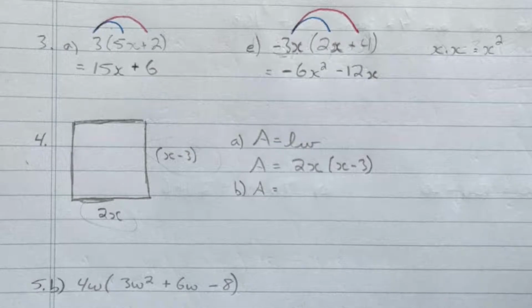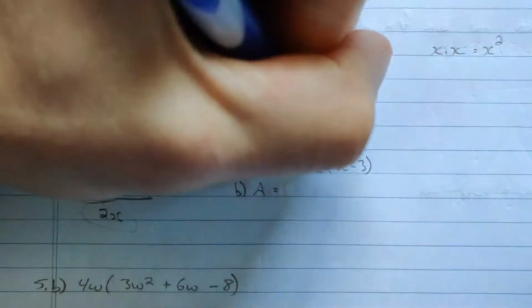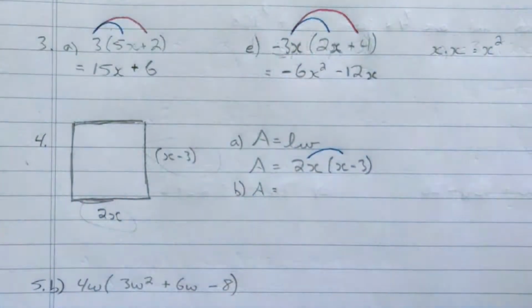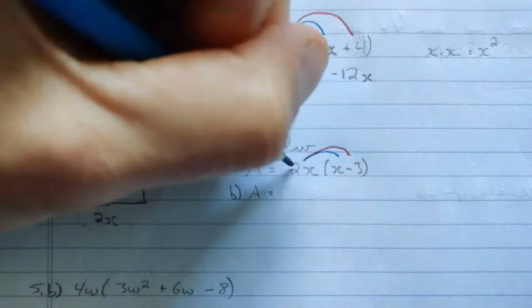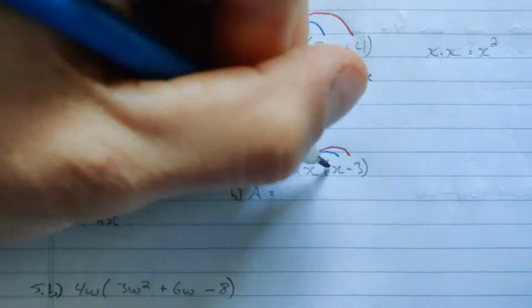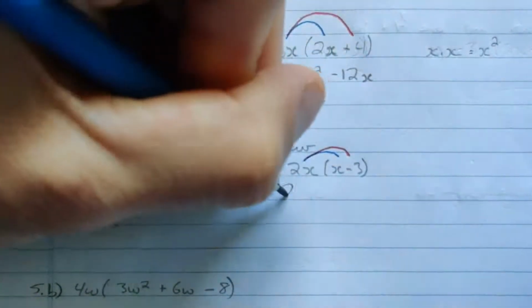We're going to multiply 2x by x, and then we're going to multiply the 2x by the negative 3, and that's going to expand the expression. So when you're asked to expand, what you're doing is just multiplying. So when you do that, we have 2 times the 1x there, so that's just a 2, and